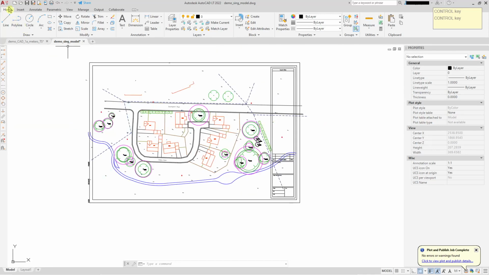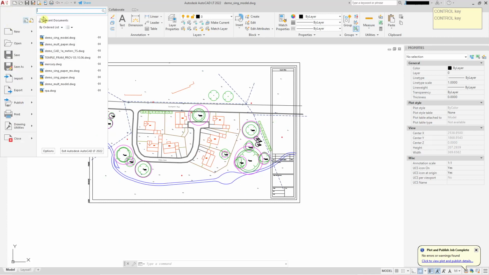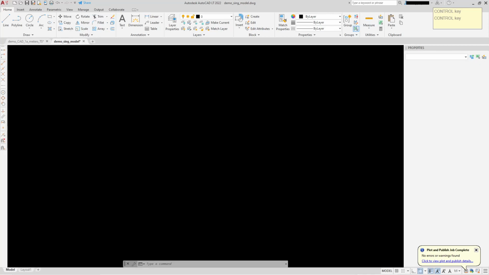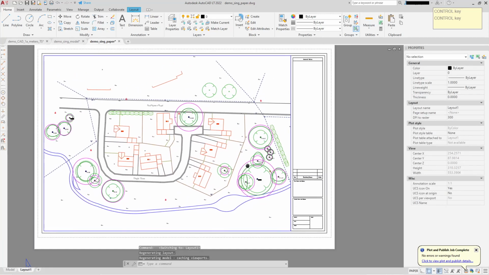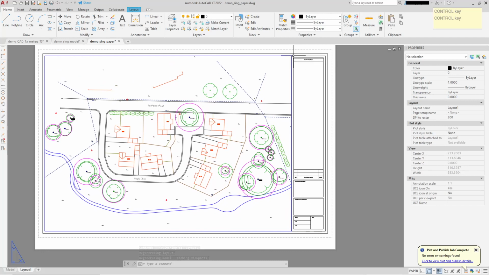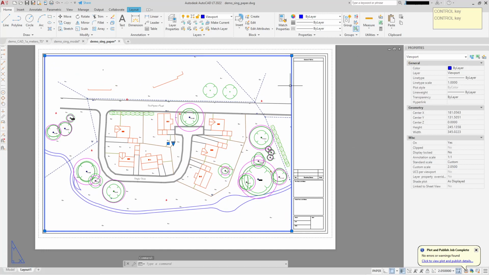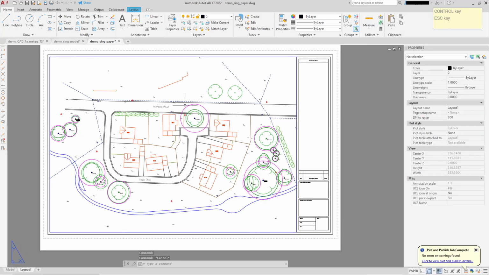And to compare that with doing it on paperspace, there's nothing on model space, no layout, it's all on paperspace. And because paperspace uses viewports, this is a viewport, which is a window onto model space, there's no bleed through from the drawing through your border, through the logo area. It's really nice and simple, and you can double tap the viewport to open it,